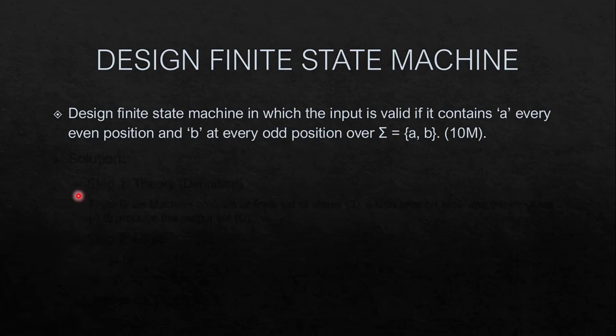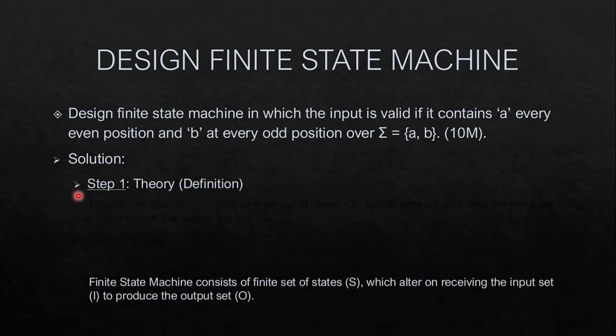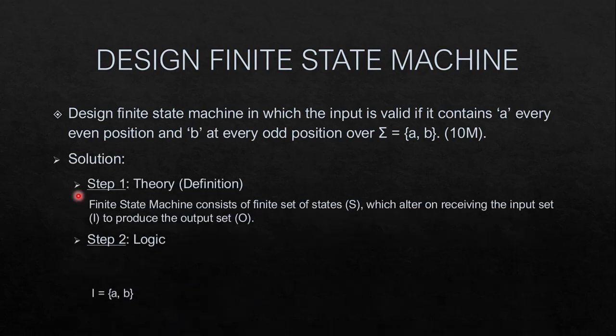In case you get the solution right, that means you are on the right track and you have understood the concepts much better now. Alright, now let's check the solution. So theory is step number 1. Step number 2 is logic. So we will have QS, Q0 and Q1, Q2 states.